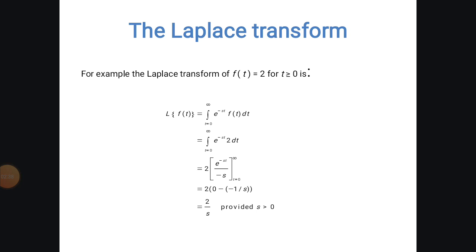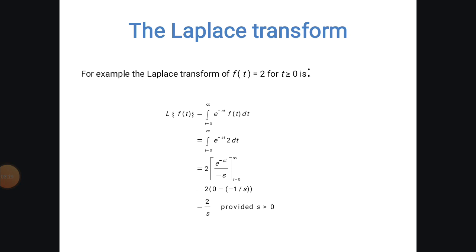For example, if you want to find the Laplace transform of the function f of t equal to 2, where the range of t is greater than or equal to 0, that is, the upper limit can go to infinity but your lower limit is fixed, that is 0, then we define the Laplace transform first. Laplace of f of t is the integration from 0 to infinity of e raised to minus st f of t dt, which is our basic definition. Then we'll put in the function. What is our function? F of t given is 2. So we'll put it here in f of t.